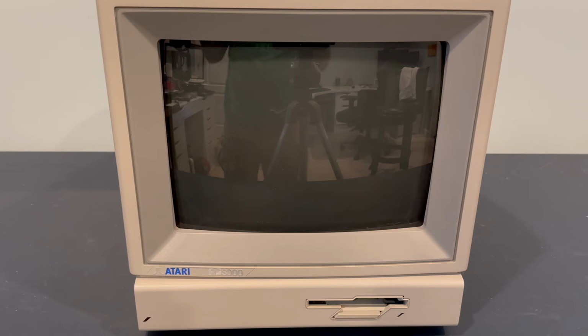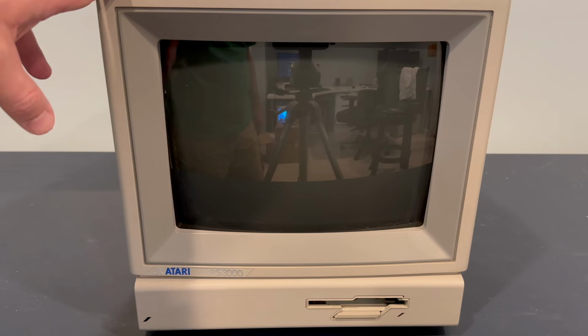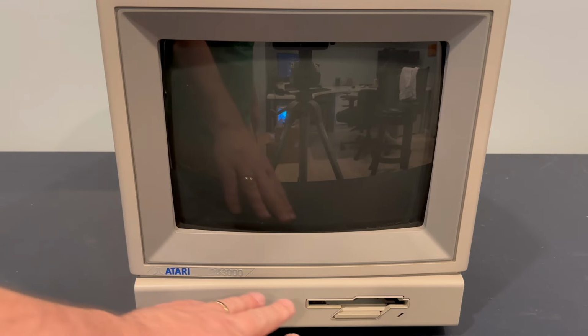All right, here we have the Atari PS3000 monitor and floppy drive. It was launched in 1985, as far as I can tell, based upon the documentation I've been able to find. According to internet rumor, there were only about 1,000 of these ever sold into the marketplace. These had a really nice monitor. We'll walk through the details on the innards as we go through it, as well as a single-sided